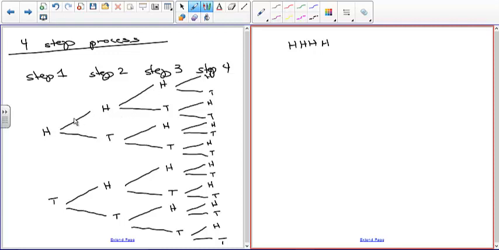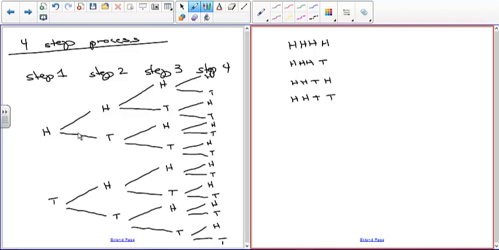Then I can go all the way up here. Instead of going straight up, I go down. So that is represented by heads, heads, heads, tails. Okay, then the next option would be, instead of going up here, because we've already got those two, to then come down here and then go back up here. So this is heads, heads, tails, heads. And then you go heads, heads, tails, tails. So that gets those first 4.